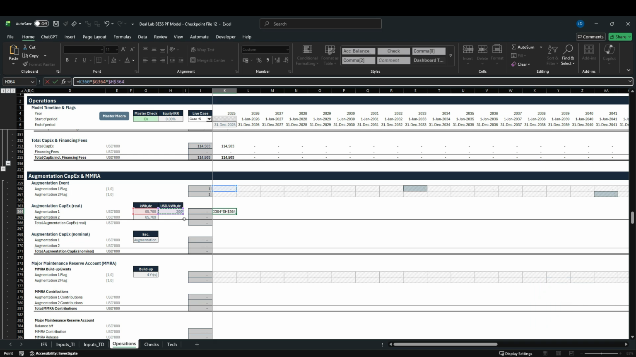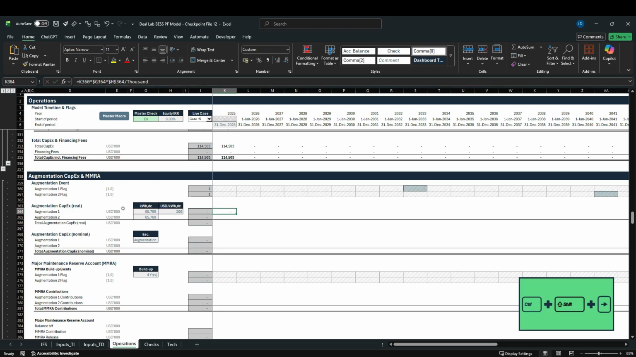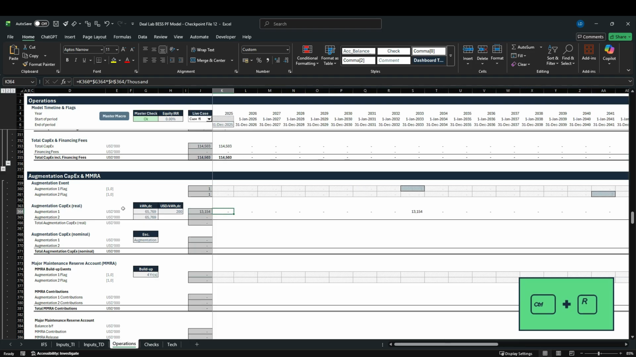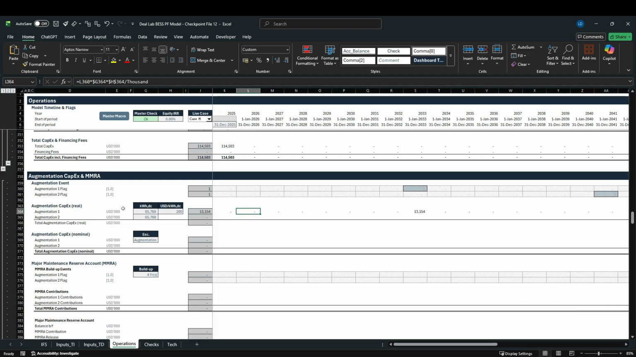So it costs $200 per kilowatt hour DC on real 2025 terms, so before any inflation adjustment. And since this is given in USD, we will have to divide by 1,000 because our unit for the actual rows is thousands USD. Hit enter, drag this over, Control R. And you can see that before any inflation adjustment, we would assume the augmentation to cost about $13.1 million in